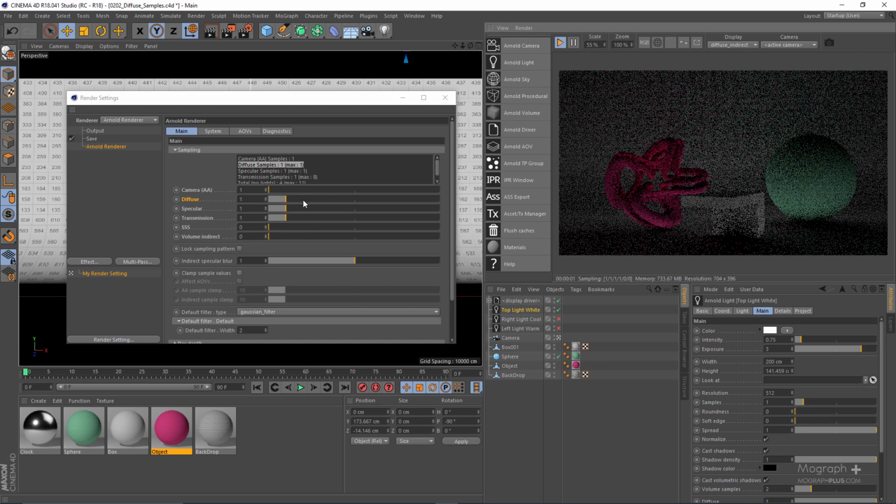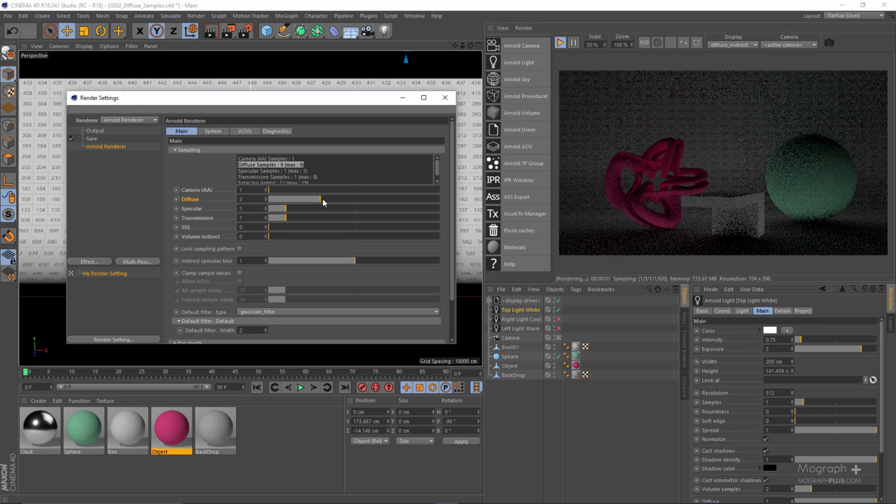So when we are increasing the number of diffuse samples, unlike camera samples, we are only increasing the quality of our indirect diffuse rays without affecting other ray types like camera, specular transmission, or subsurface scattering. Now, let me increase the diffuse samples from 1 to 6, and if I render the scene, the result would be